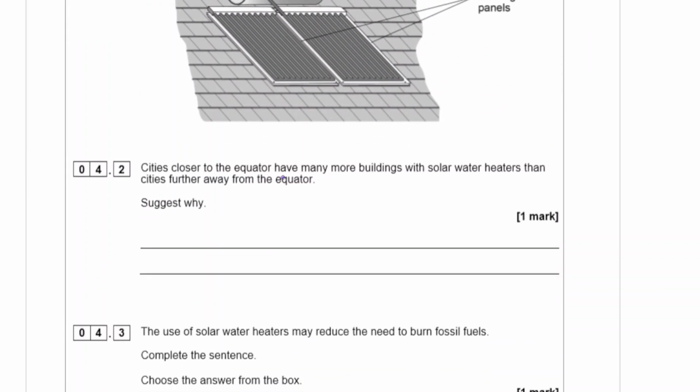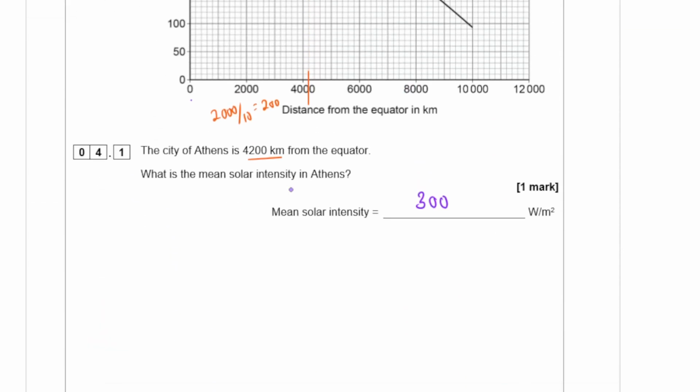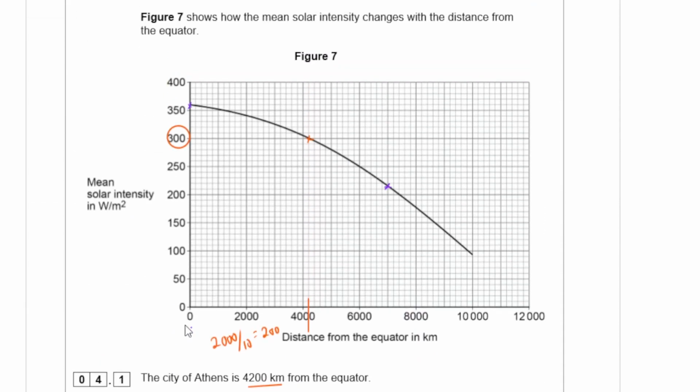Cities closer to the equator have many more buildings with solar water heaters than cities further away. Suggest why. Okay, cities closer to the equator. Now, closer to the equator means that you're receiving more sunlight, obviously, than cities further away from the equator, because the solar intensity, remember, if it's near the equator, then you're getting a higher solar intensity than if you're further away. So